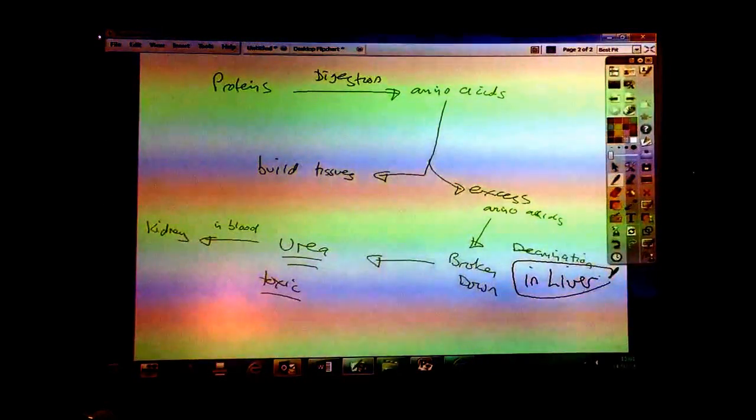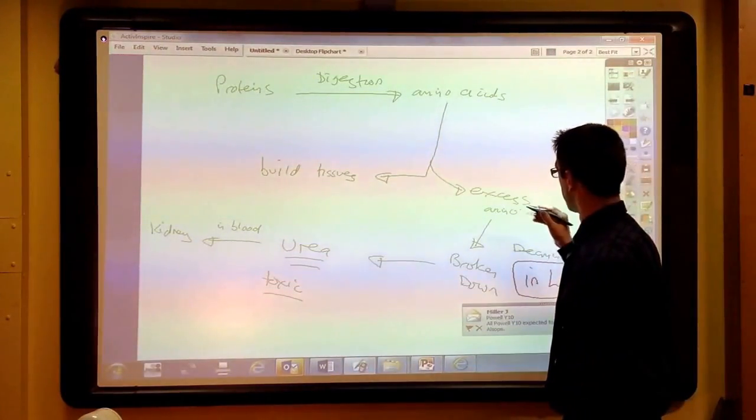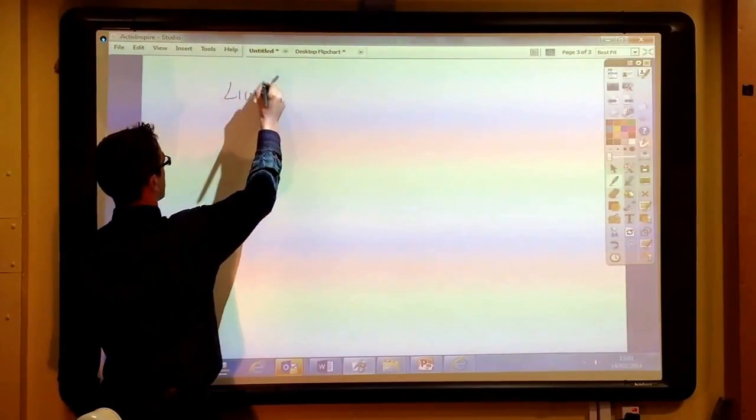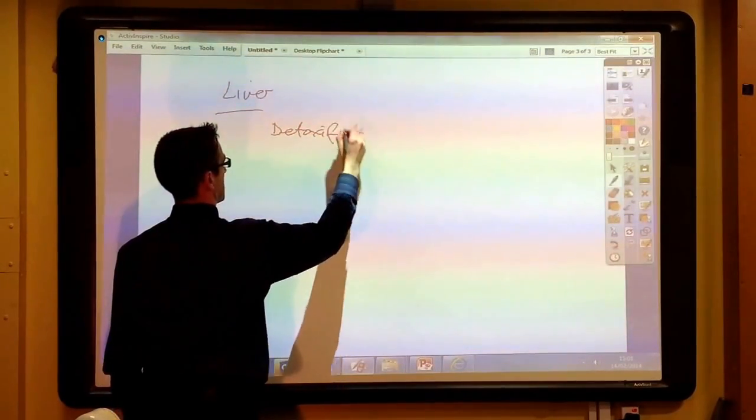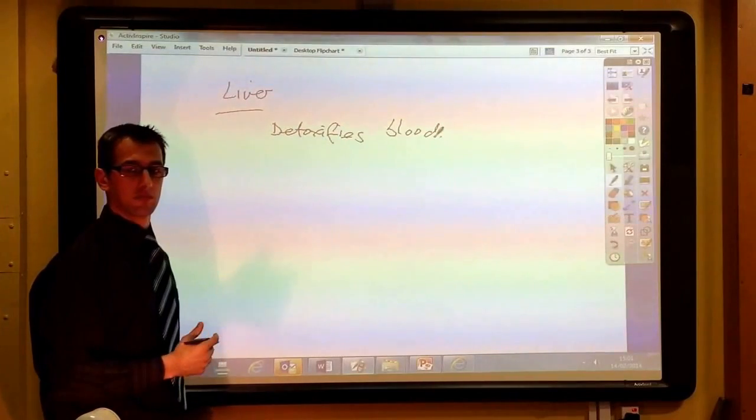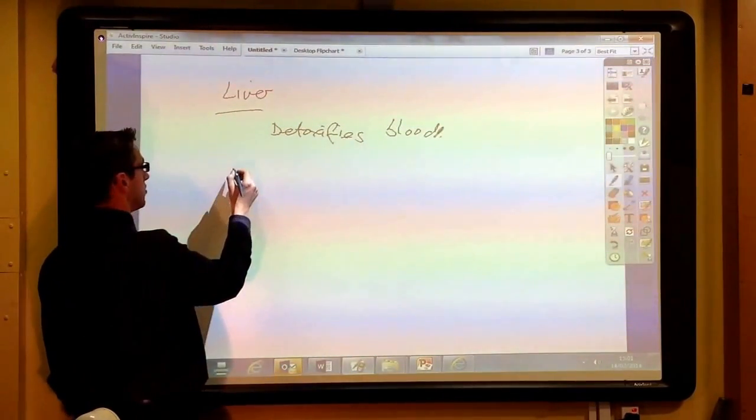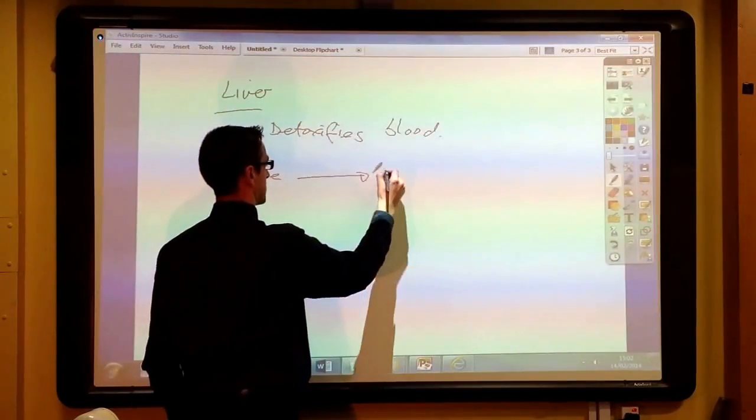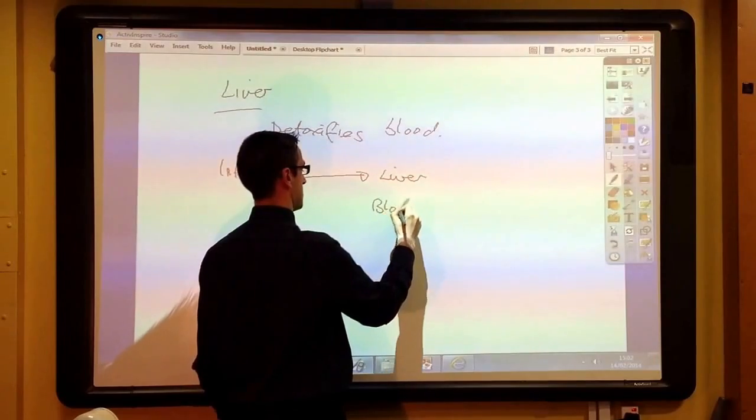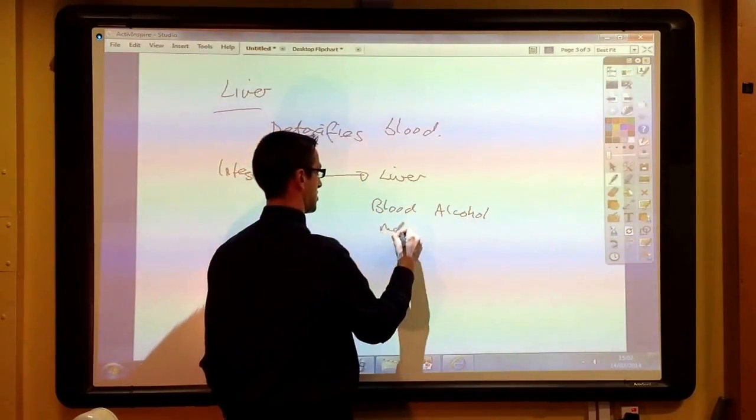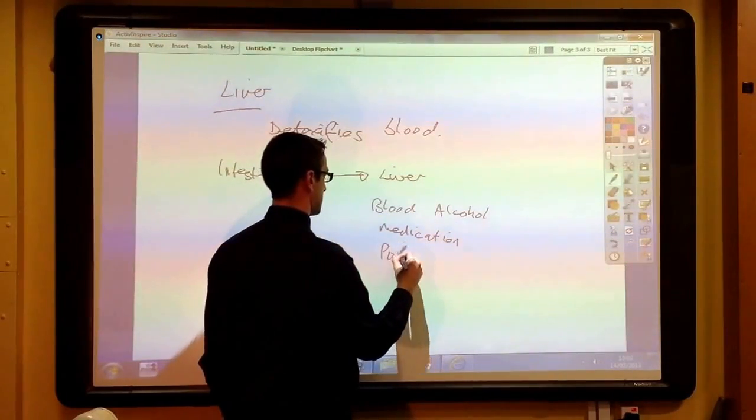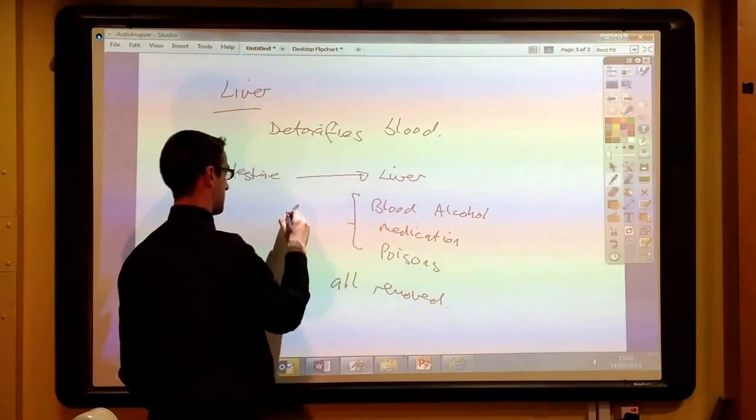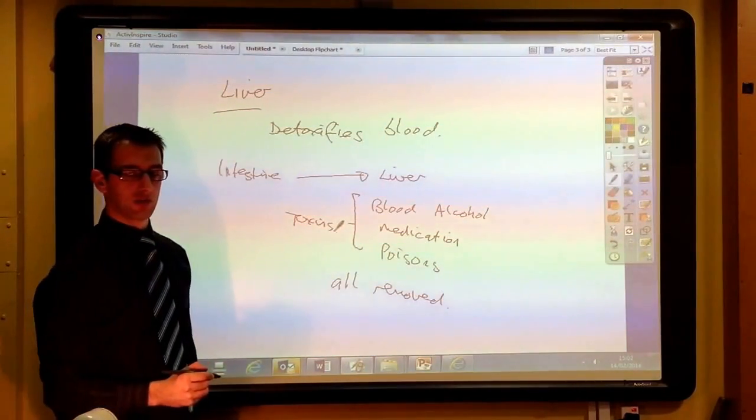The liver also has a number of other functions as well, and some of the other key functions might be to break down and detoxify the blood. So by that we mean that any poisons, medication, drugs, alcohol, whatever it may be, all in the blood, travel to the liver from the intestines, where they're taken in, and therefore blood alcohol or medication, in general poisons, are removed. They are all toxins. Hence they are detoxifying the blood from